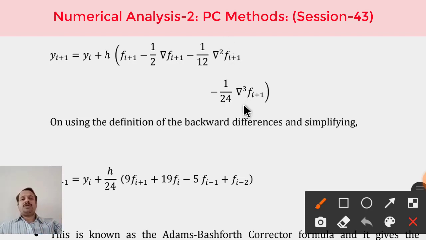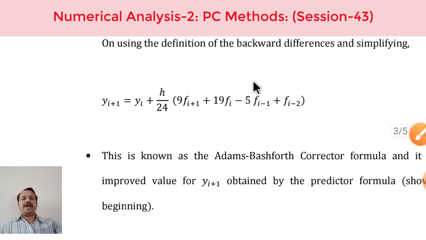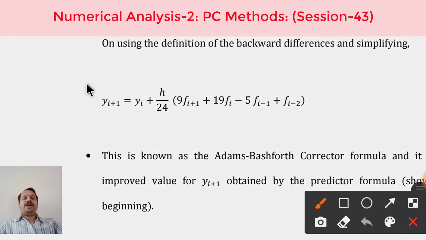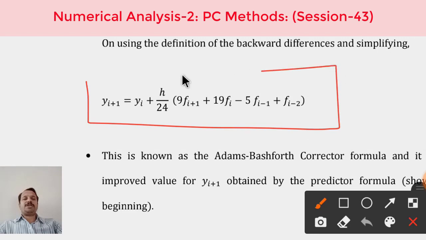So I can use even the definition of this. I can use the definition of each of the backward differences, and if I substitute and simplify and take the LCM 24, and if I keep it outside, after simplification, the final step I am writing over here looks like this particular expression. Very important: this is y_{i+1} equals y_i. That is the basic thing. Keep it as it is.